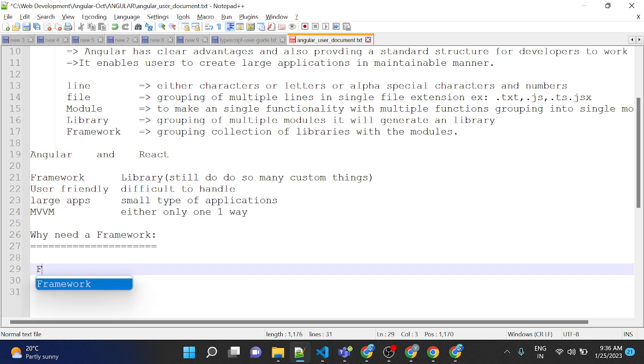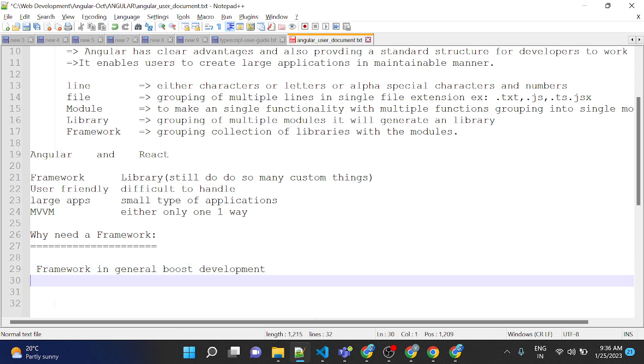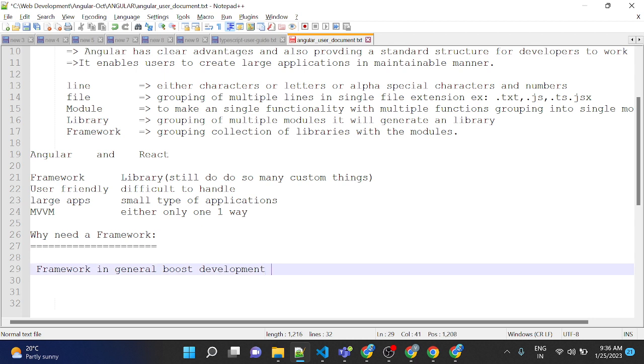A framework in general boosts web development. It means the development phase will be faster, with more advantages. It will provide development efficiency and performance,